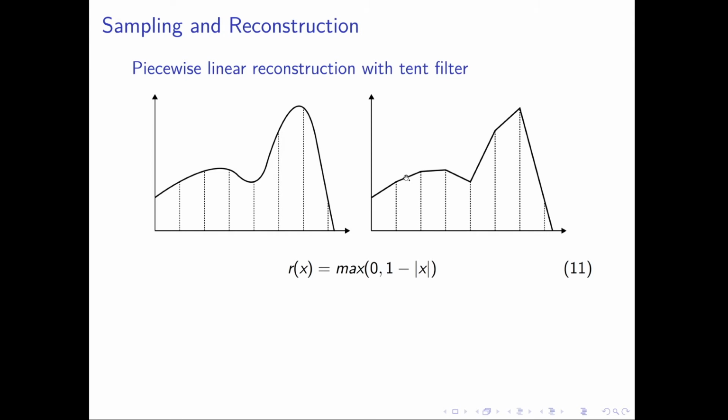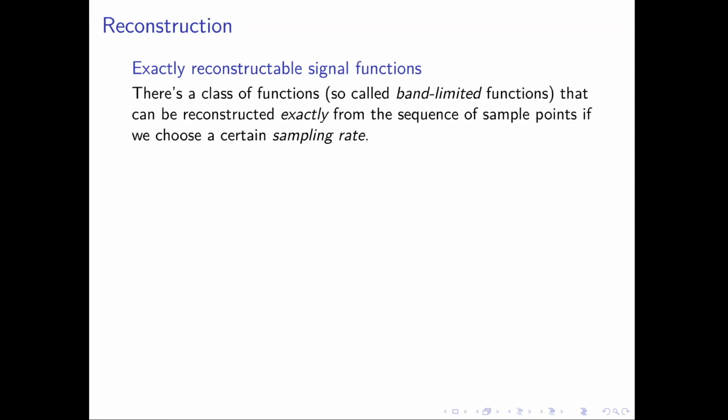We need actually the value that is associated with two sample points. And there are other finite reconstruction filters that are based on using higher order derivatives, like for instance cubic filters are quite popular and give us a smoother reconstruction than the box or tent filter can give us. So so far we were assuming that